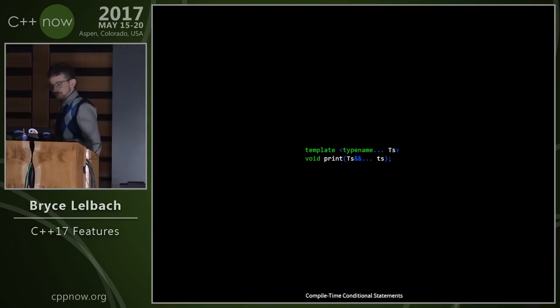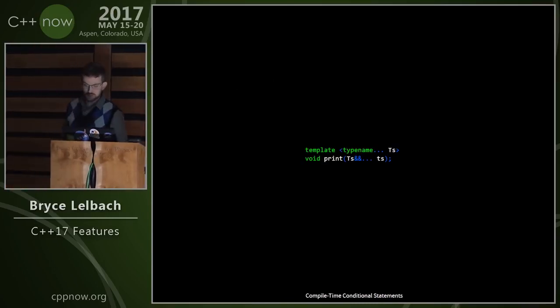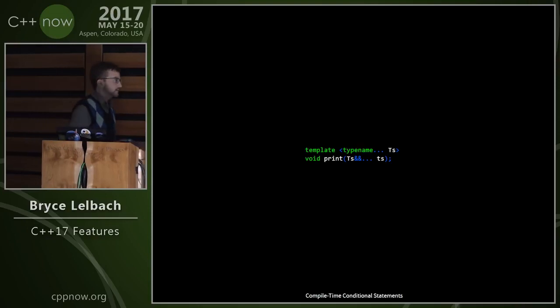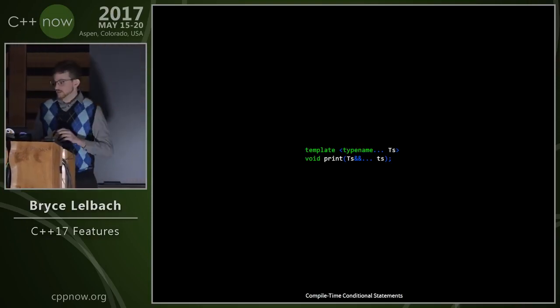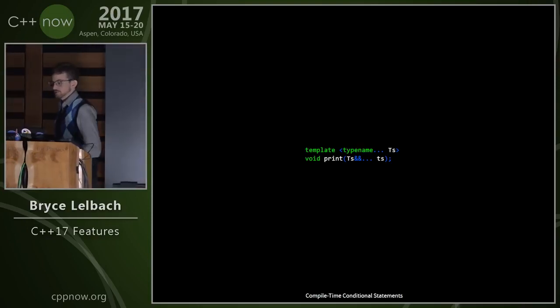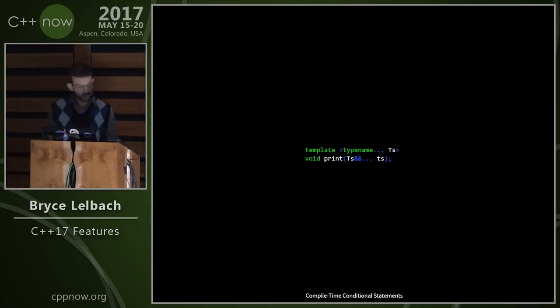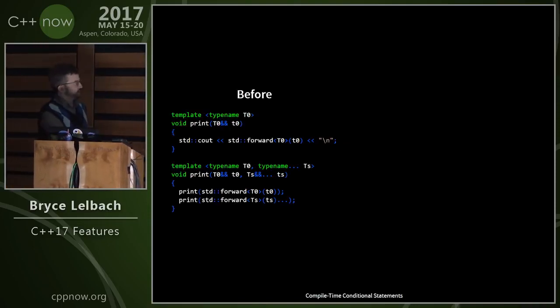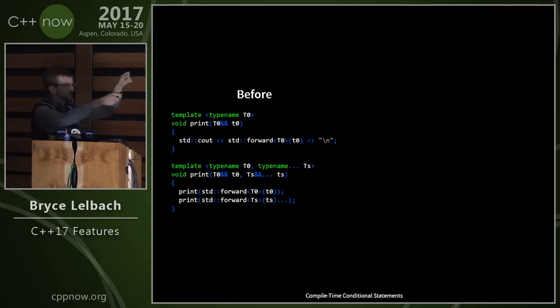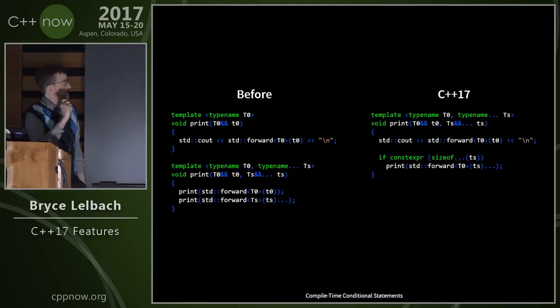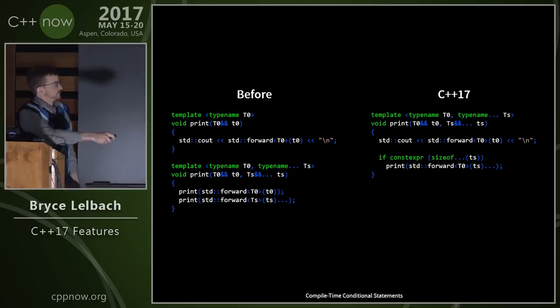All right, we're going to talk about another C++ extension to if. So let's say that we're writing a variadic print function like this. So before C++17, the way that you would implement this is that you'd write some base case overload, and then you'd write some recursive version here that goes and picks off the first element of the pack, and then processes it, and goes and processes the rest of them. Pretty straightforward. All right, so then in C++17, we can just use this new feature called if constexpr to write this